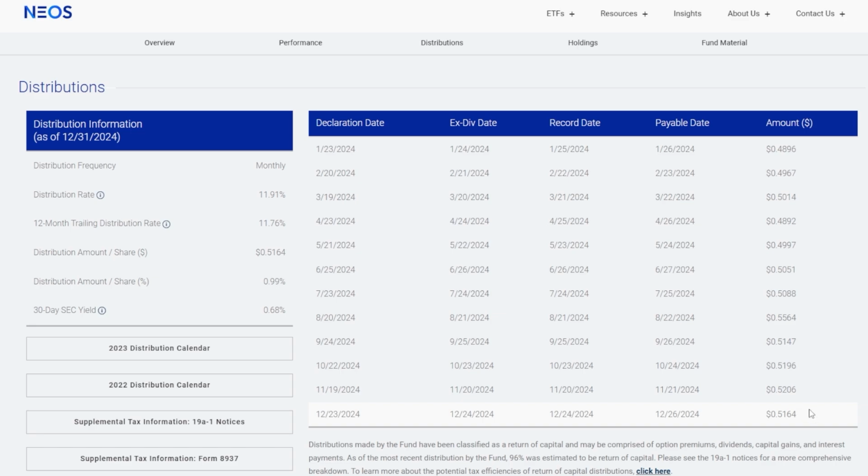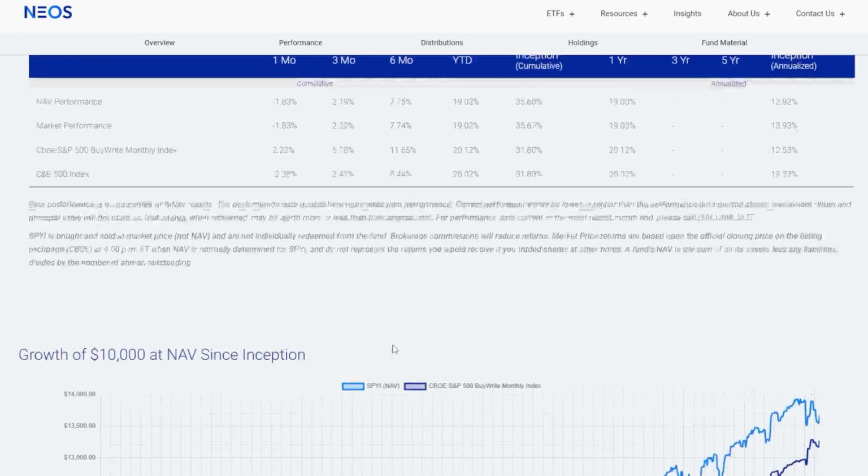Now, JEPI or JEPQ, for example, they have similar strategies to SPYI, but they don't pay the same exact amount every single month. You might get one month where you get a 60-cent payout, then one month where you get a 30-cent payout. And of course, I can't speak for everyone, but with my OCD, I love the fact that I can sort of expect around 50 cents per share per month for every single share of this ETF that